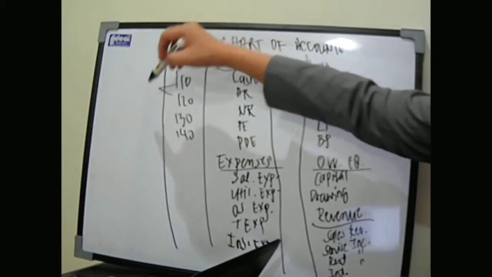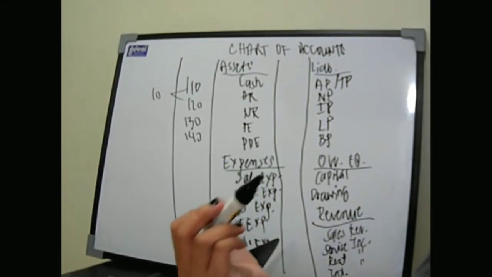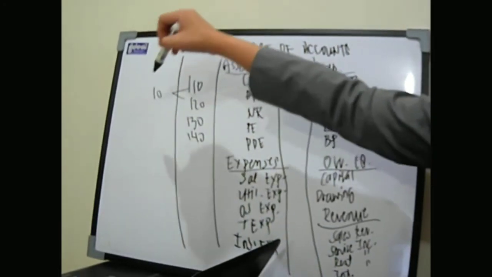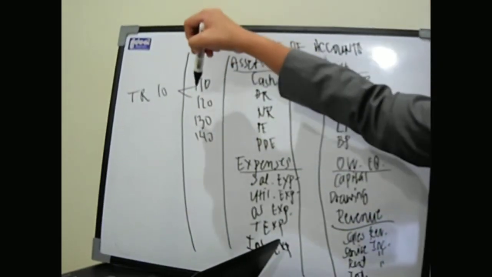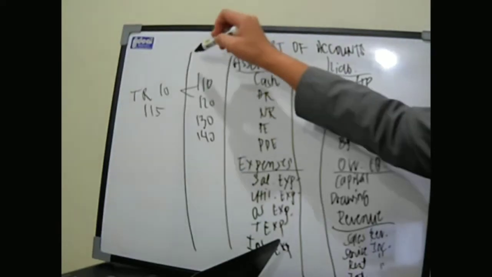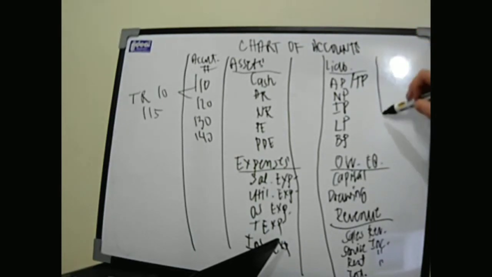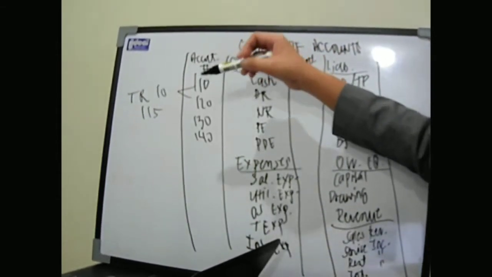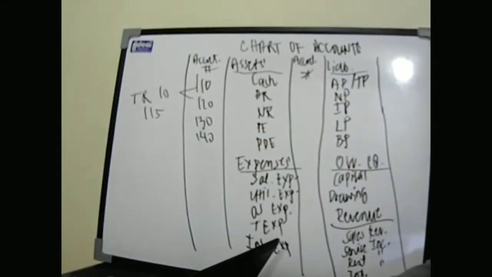So, nagbibigay tayo dito ng allowance ng at least 10 number para kunwari kung may isisingit ka pa na accounts in between sa cash and accounts receivable, so maire-record mo pa siya dito. So kunwari isingit natin si trade receivable. So pwede natin siyang i-record na 115 kunwari yung account number niya, no? So, yan yung purpose bakit merong gap dito in between sa mga basic accounts na nakalagay dito para meron tayong